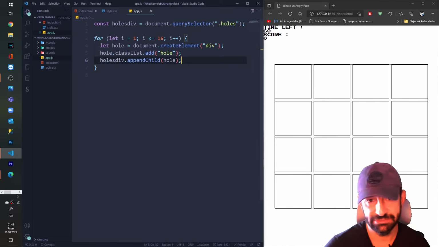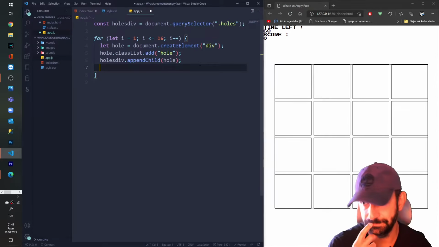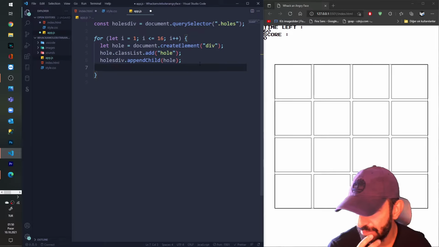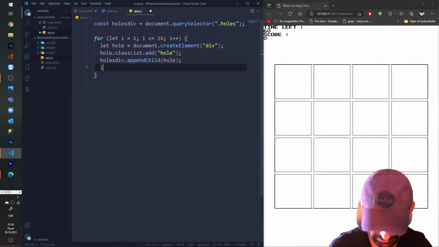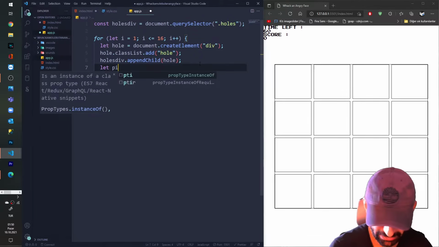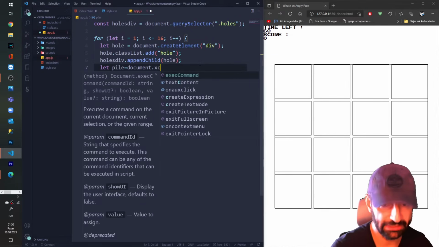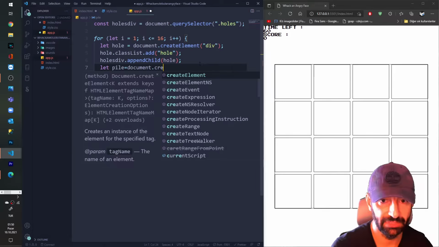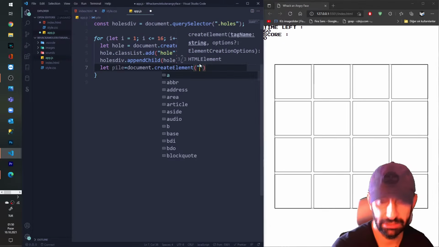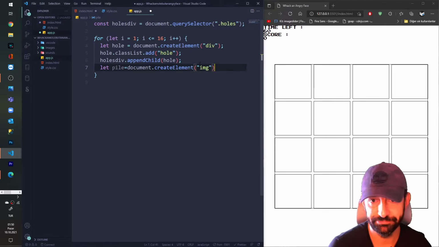And after that, we're going to create the, let me see, I'm creating the pile div. Say pile. The pile equals document.createElement. It will be an image element.